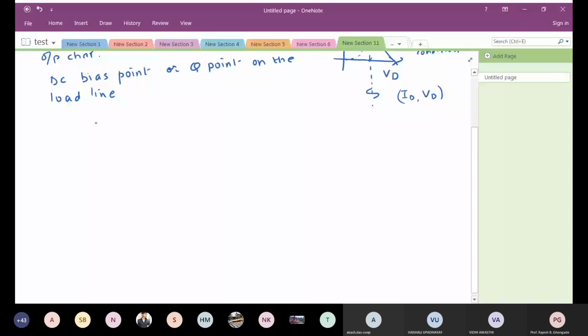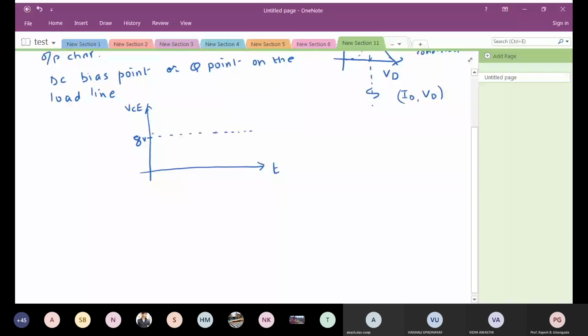If you remember, in one of the examples I spoke about, how the transistor works as an amplifier, the output was looking something like this. Now this is the time domain, and this was the output voltage VCE. What was the starting point where there was no input signal at all? Just go back and refer to your notes. If you remember, the value was 8 volts.